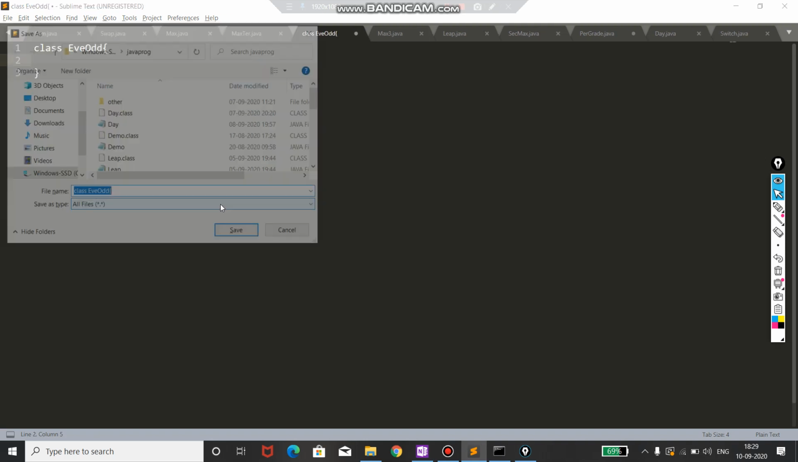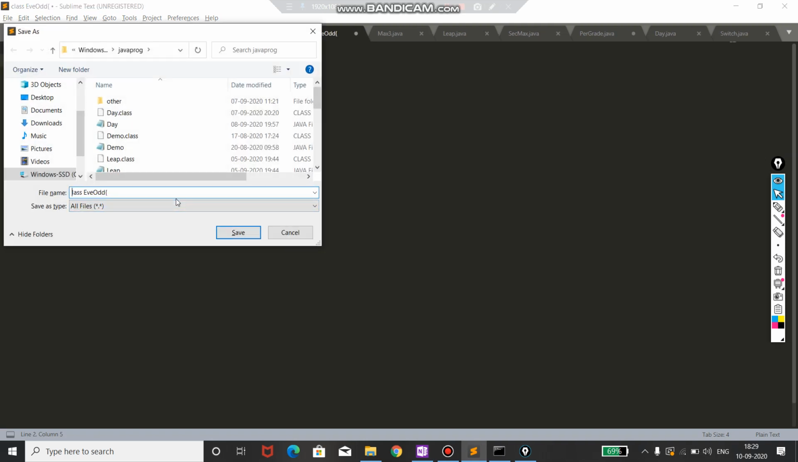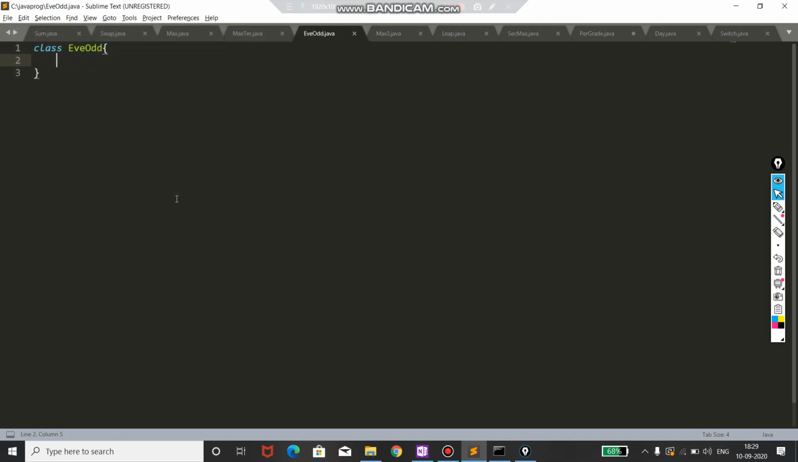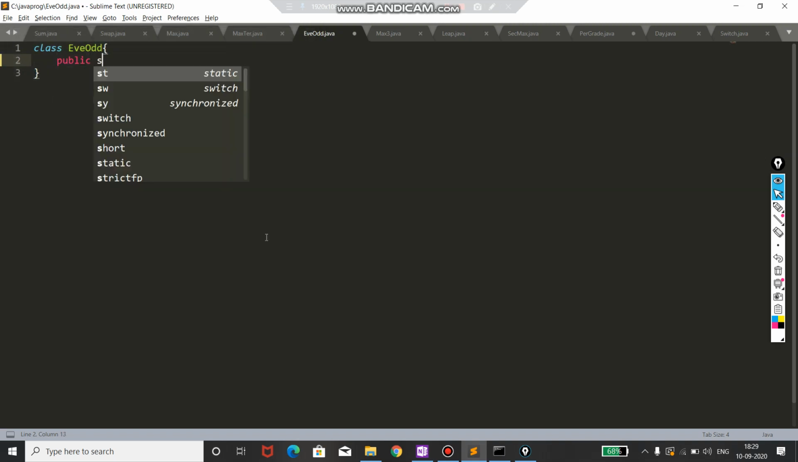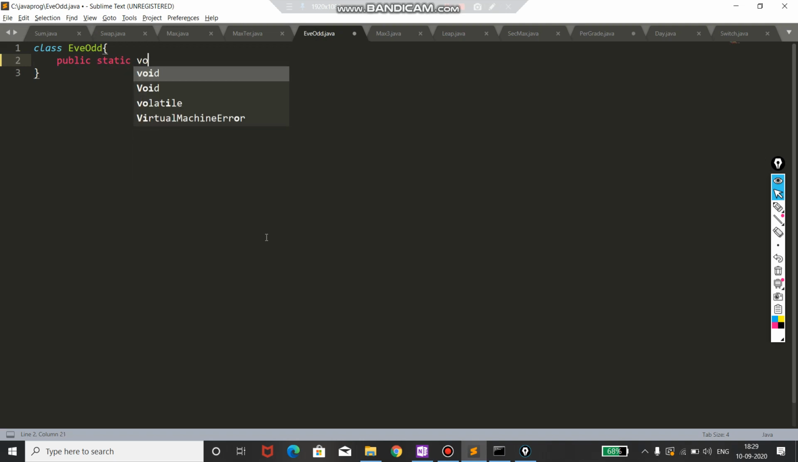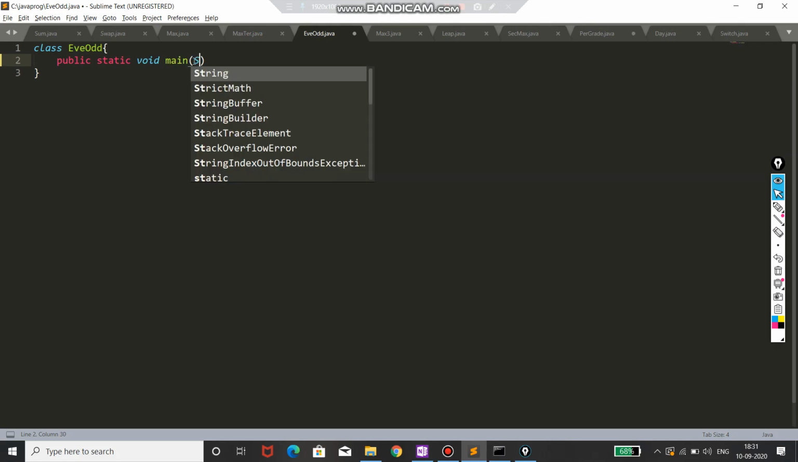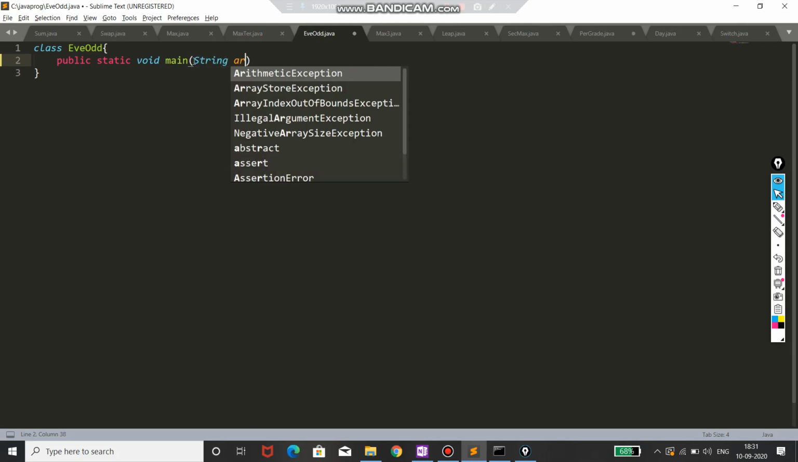Okay, I'll save it with the name EvenOdd.java in my Java prop folder. Then we'll make the main function, that is public static void main. We have made the main function, and then we'll now pass the string type argument in it,